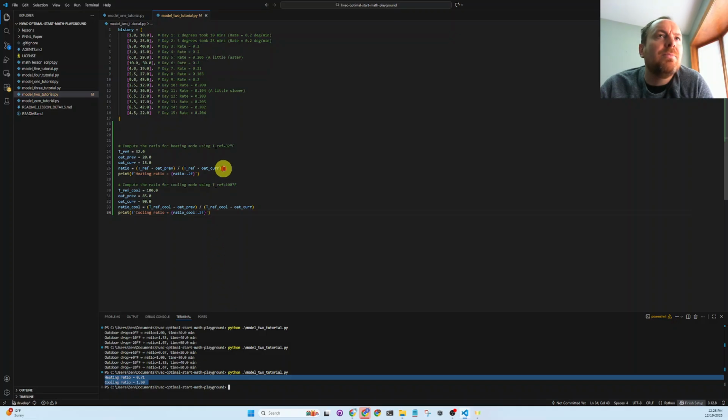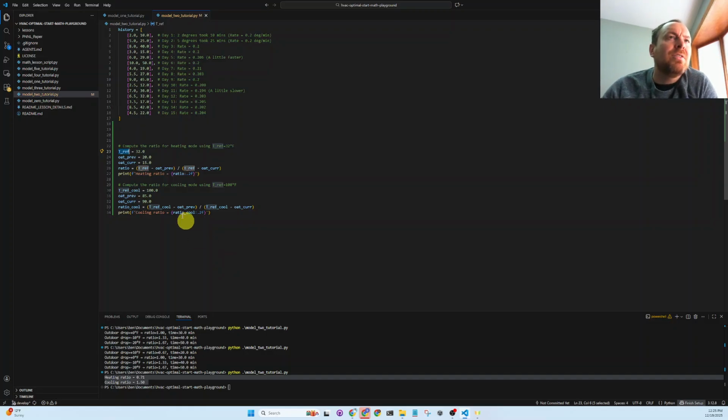Seems a little bit odd. Cooling ratio. Maybe it's because we're below our